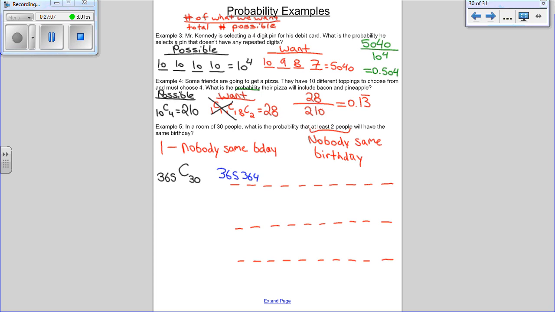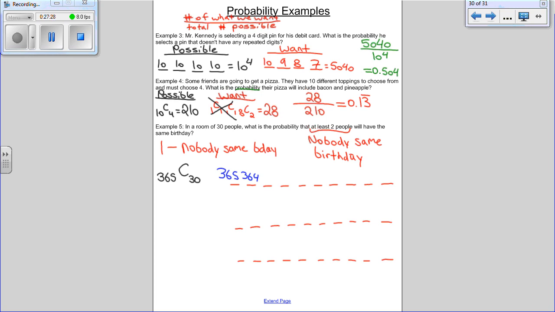No, because we're choosing, they don't share the same birthday, right? We're trying to figure out the opposite. We're doing the complement right now. So we're trying to figure out how many people don't have the same birthday. And it's going to be a big number, right? Like 364, then 363, then 362, 361,